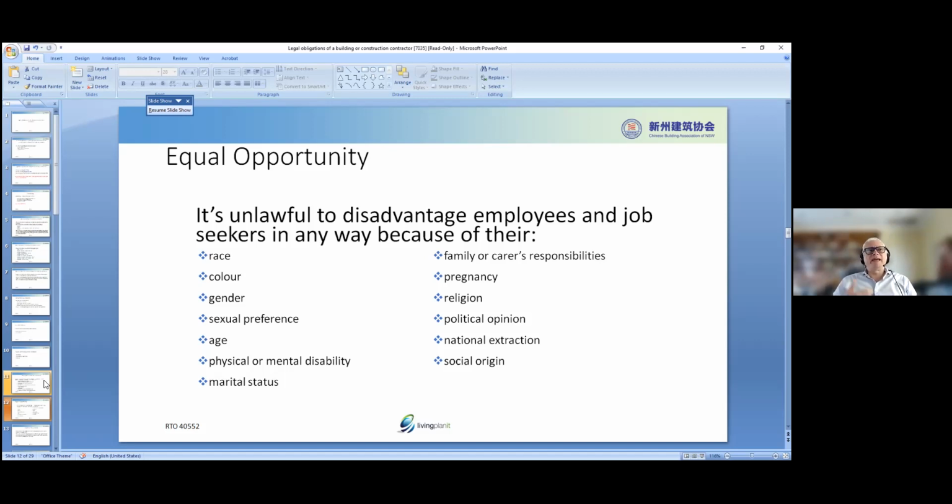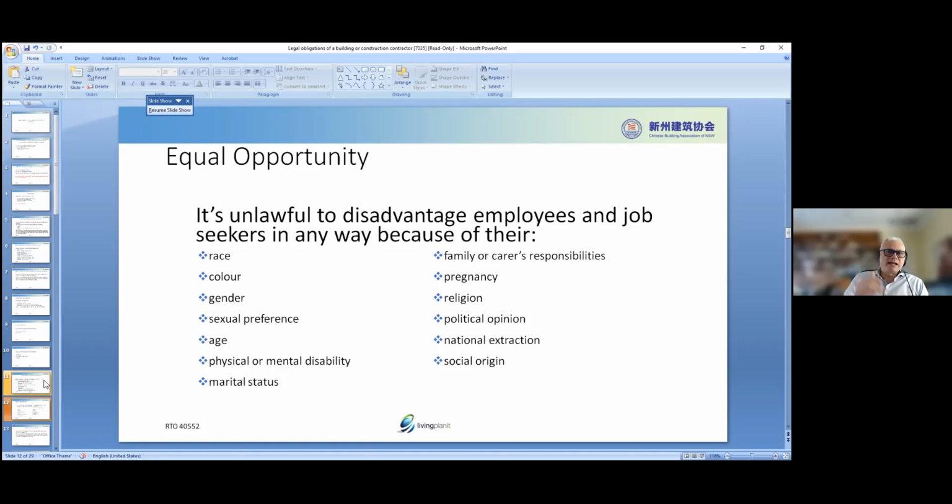But if my job requires somebody to speak Mandarin, then I can advertise and say, I need a person who is fluent in Mandarin, right? But I can't say, I need a Chinese person, okay? Can't do that, okay? So be very careful the way you advertise for work, because it can be used against you. They can say you are not an equal opportunity employer. That's against the law, so you're going to be fined.